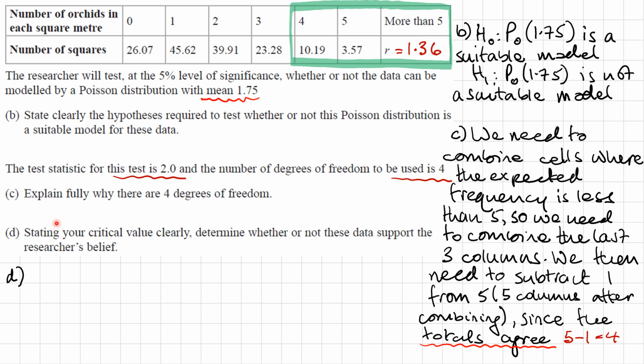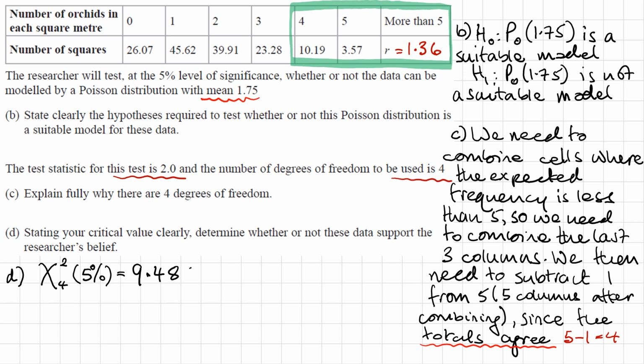So it's just about looking up the critical value in the formula book or getting it on your calculator and then comparing it with this test statistic, and that will then allow us to determine whether or not this supports the researcher's belief. So I already know that I've got 4 degrees of freedom, and we are testing at the 5% level of significance. So I'm just going to grab a formula book and look up that value, and that gives us a critical value of